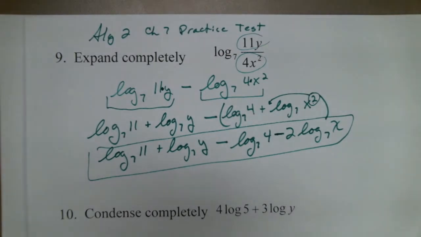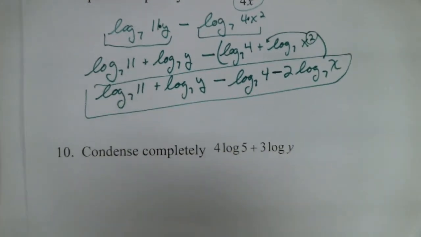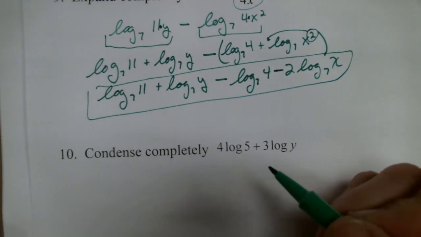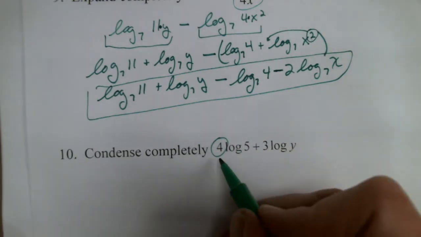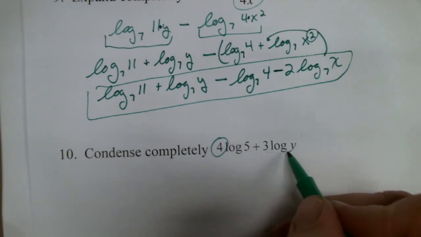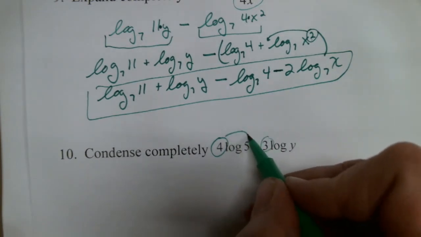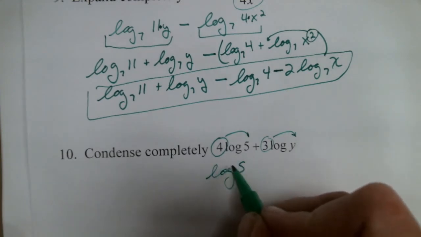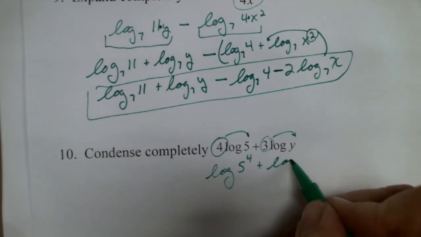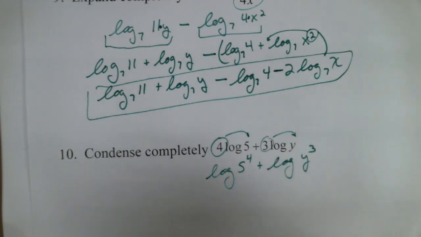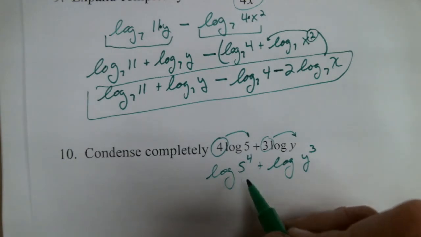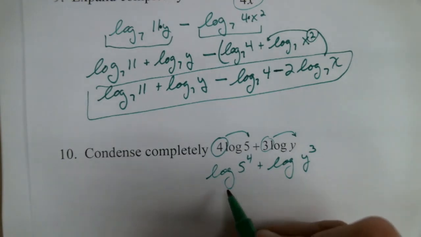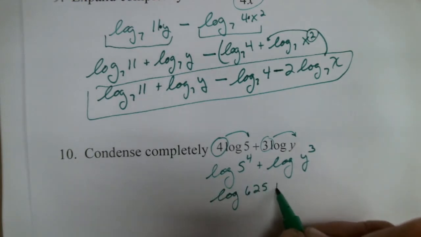All right, for number 10, we're doing exactly the opposite. We're going to go backwards to condense these. So 4 log of 5 plus 3 log of y, the coefficients become exponents up here. So we end up with log of 5 to the 4th power plus the log of y to the 3rd power. Now, since I can figure out what 5 to the 4th is, 5 times 5 times 5 times 5 is 625. I can write that as log of 625 plus log